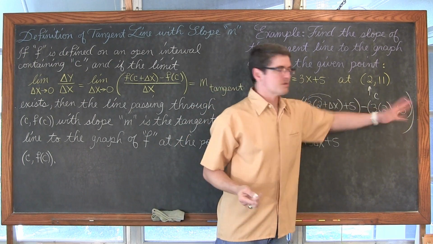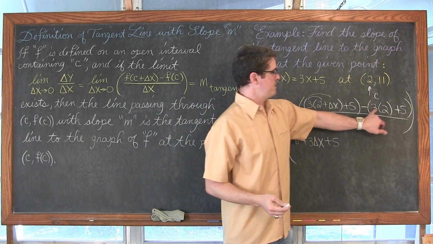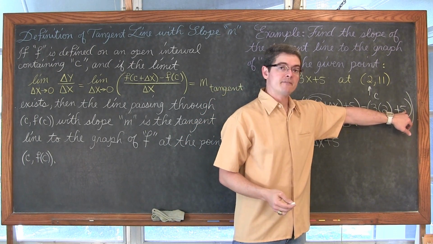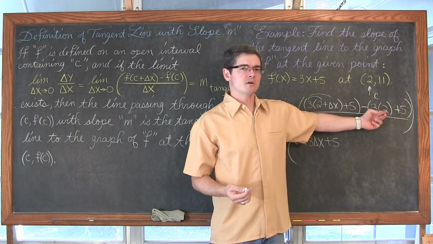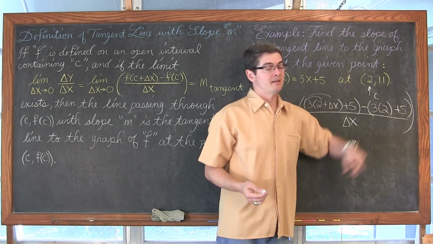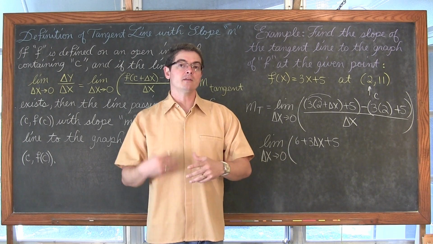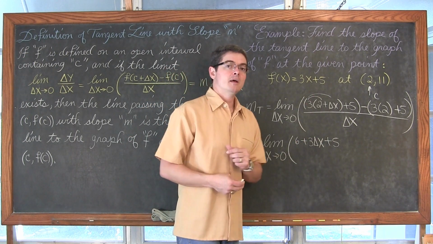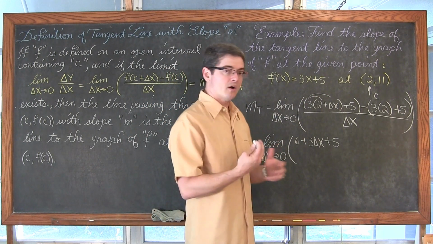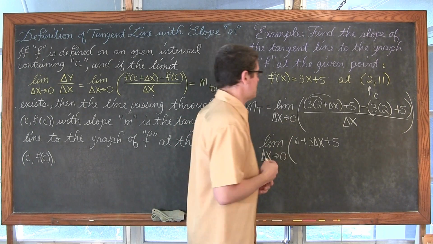And then over here, these are all just numerical values, so we can work this out. 3 times 2 is 6, plus 5 is 11. Now that all simplified to just be one term, so I don't need to worry necessarily about distributing that negative sign, but a lot of times you will, especially when we get into finding the derivative function as opposed to just a numerical slope, or numerical slope at a particular point.